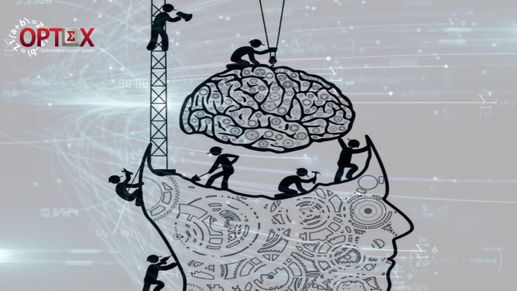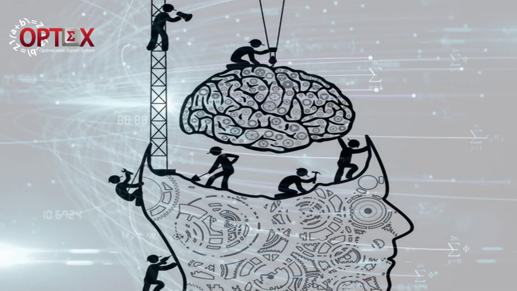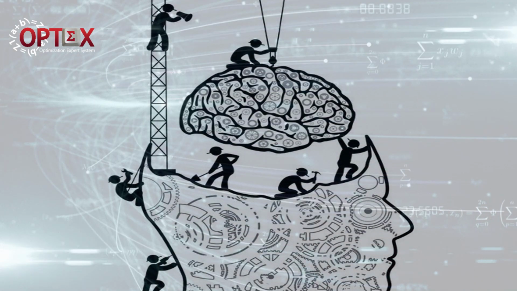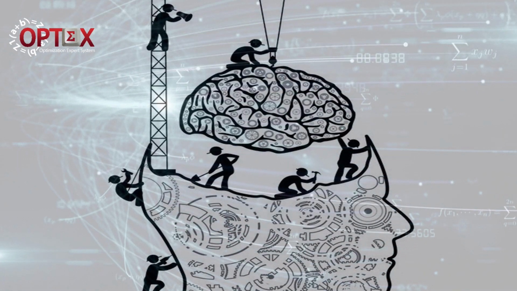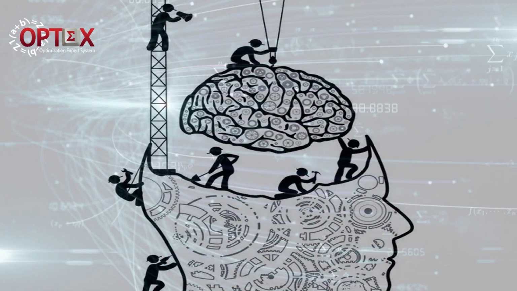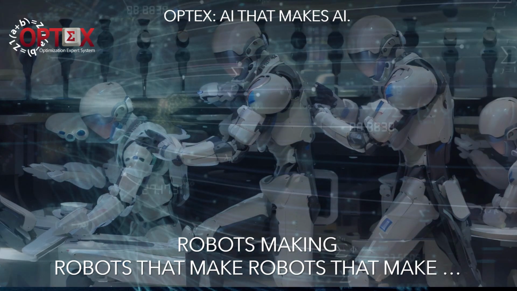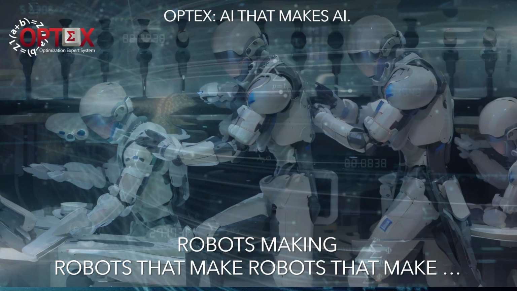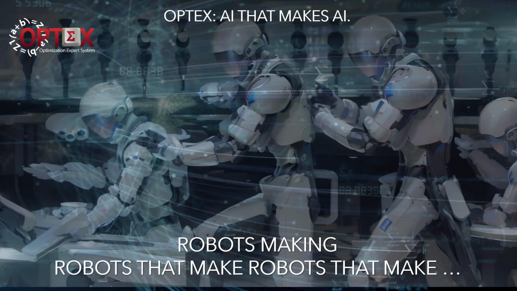To build an artificial brain, the work to be done is monumental, and it is utopian to think that a superior being, when building a human brain, would do it manually. The first thing he should have developed is the algorithm that produces human beings automatically. In the same way, you can't aspire to build an artificial brain if you don't have the artificial intelligence that produces artificial brains. OPTEX was built as a high-level artificial intelligence that makes artificial intelligences. That is, robots making robots, that make robots like OPTEX, from whom they inherit their characteristics.